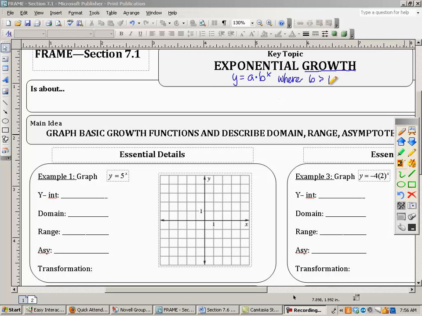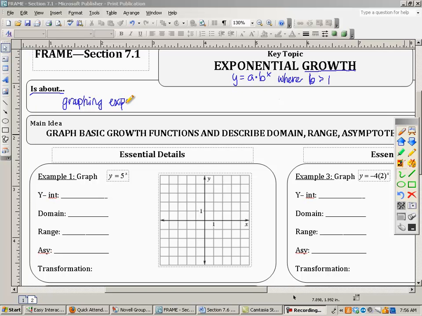We're going to deal with decay tomorrow, so the value of b will change, but for today the value of b is greater than 1. Let's make that a pretty clear b. We're also going to be talking about today, I'm going to fill in this is about section. We are going to be graphing